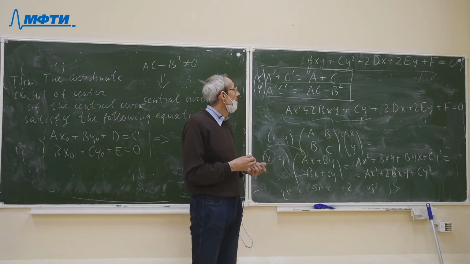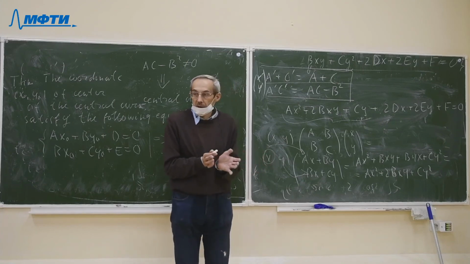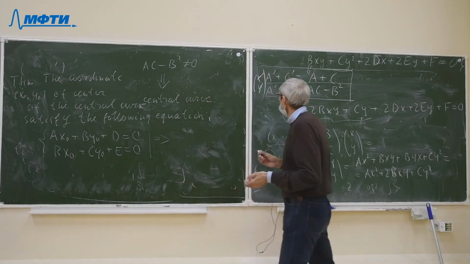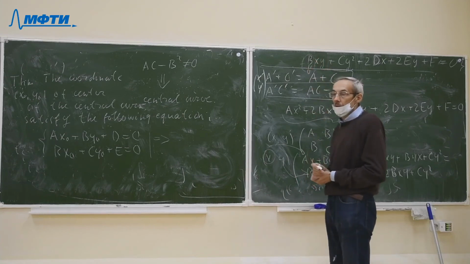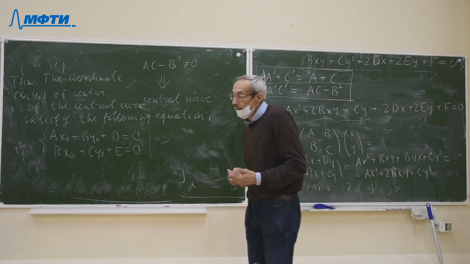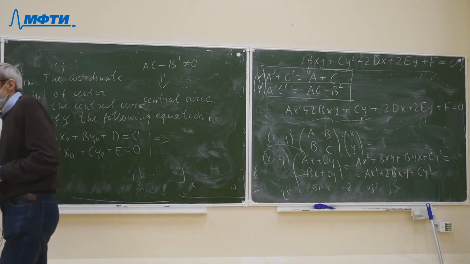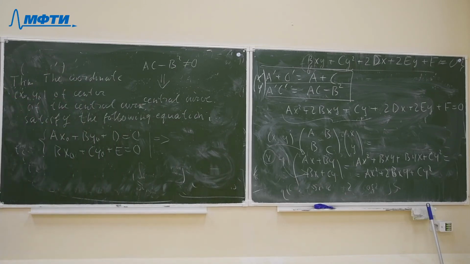We choose the angle of rotation such that in the new coordinate system, the coefficient b is equal to 0. And after that, we can obtain the classification of the curve. Thus, we simplify